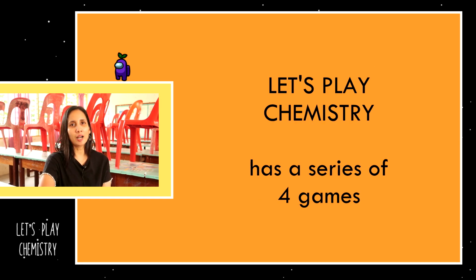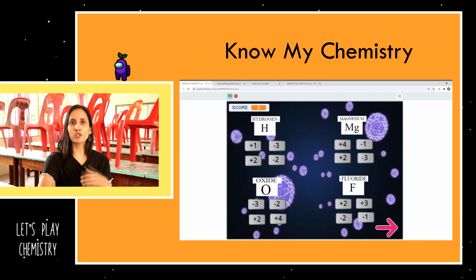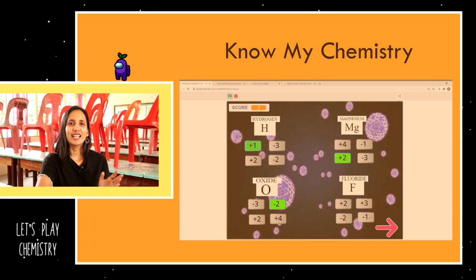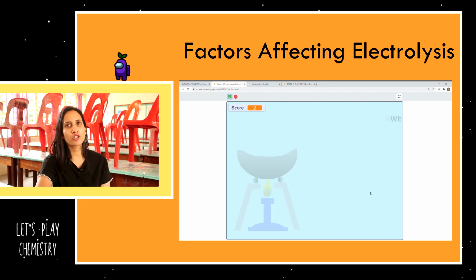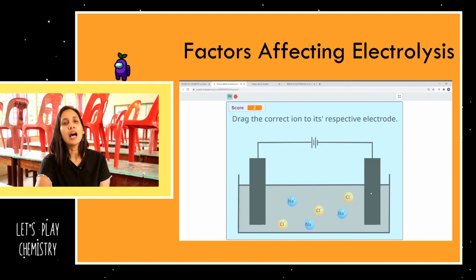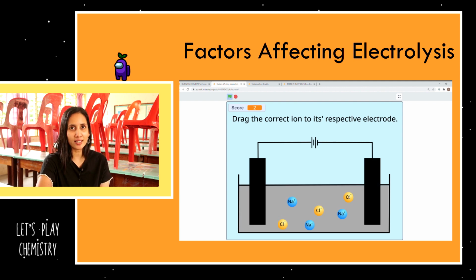Let's Play Chemistry comes in a series of 4 games. The first game addresses students' ability to form compounds, charges, ions, and also construct a balanced equation. The second game addresses electrolysis in an electrolytic cell, where students identify and make very detailed observation of what happens at anode and cathode, how they can form half equations, as well as how they can eventually make a proper